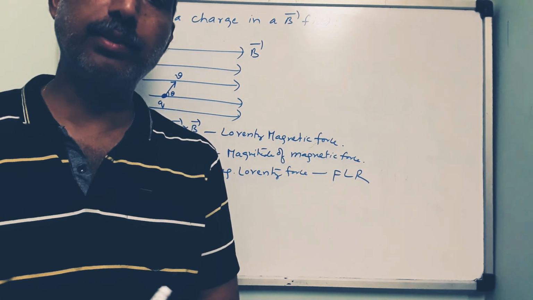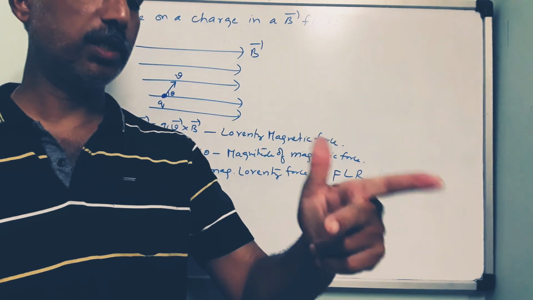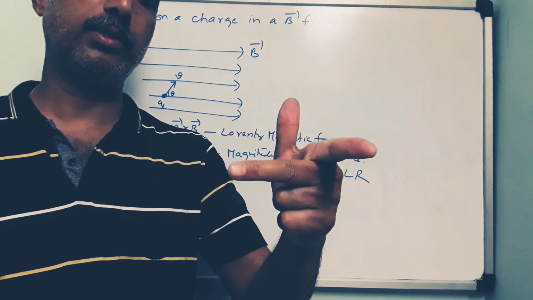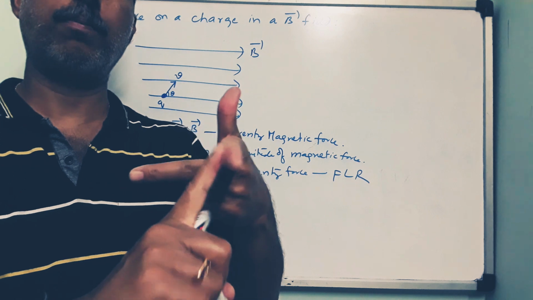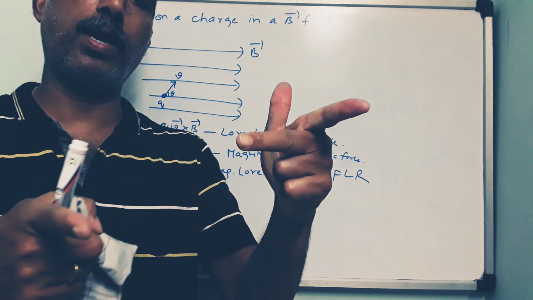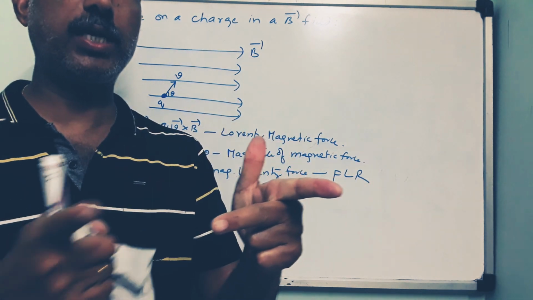You have studied it in class 10th in the electricity chapter. Stretch the first three fingers of the left hand so that they are mutually perpendicular. The forefinger points in the direction of the field. The central finger points in the direction of current. Now its velocity, so the thumb